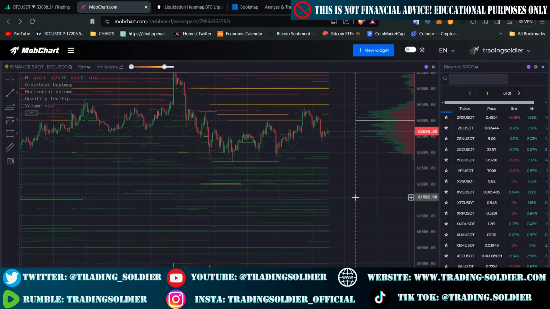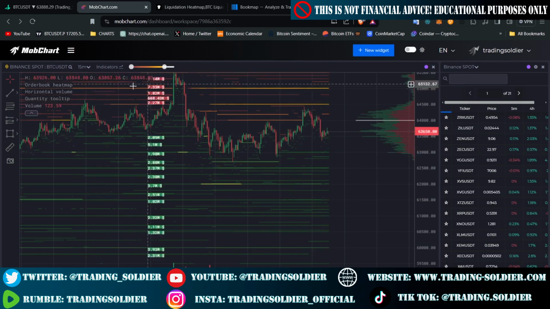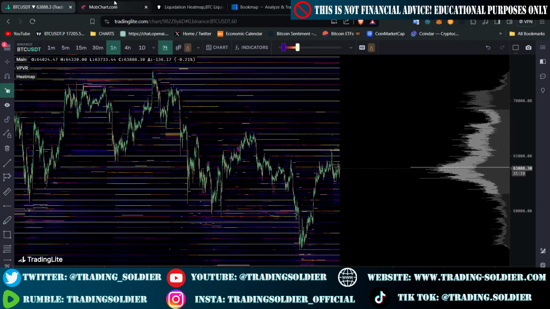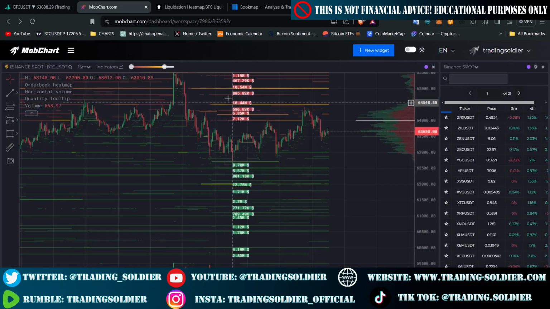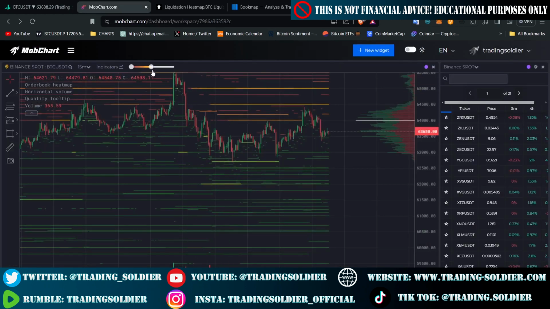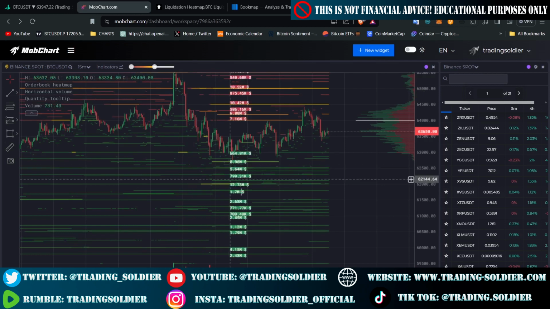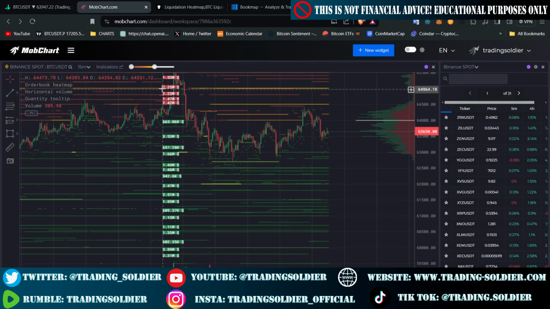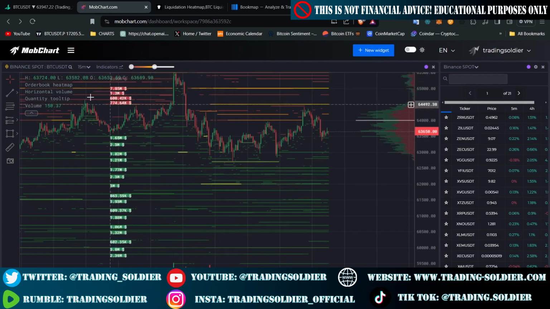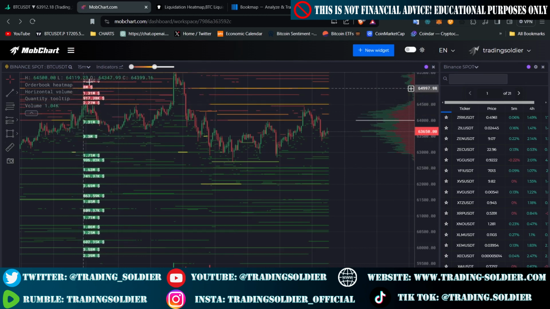The second best heat map charting platform that we can find is mobcharts.com. Mobcharts.com works the same as we saw before on Trading Light, because we can adjust the heat map, the limit orders that we can see. We have the tolerance here, and we can adjust the heat map to see the orders that are below or above a certain limit of Bitcoin. As we talked about before on Trading Light,